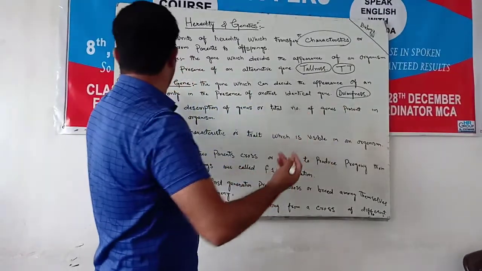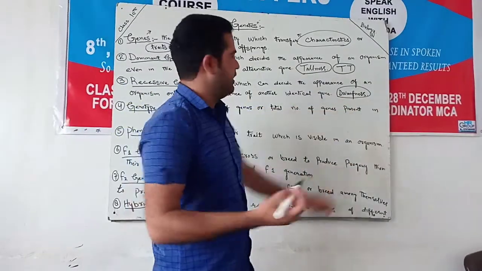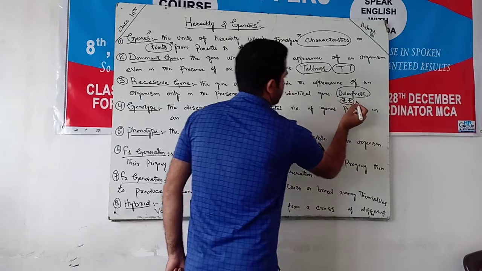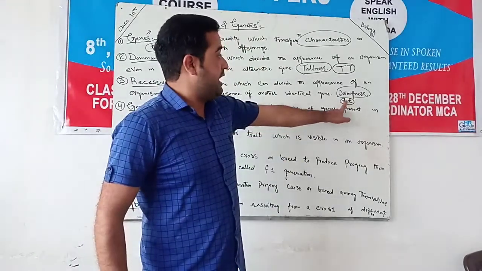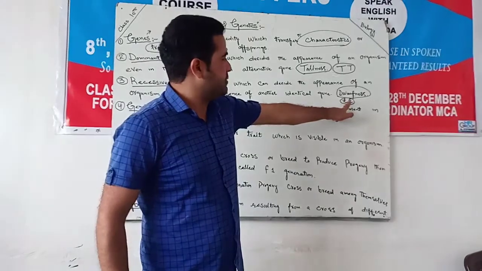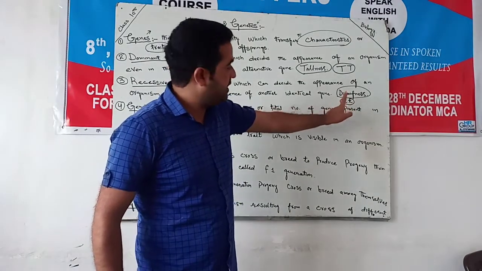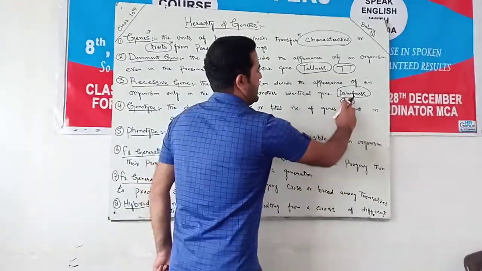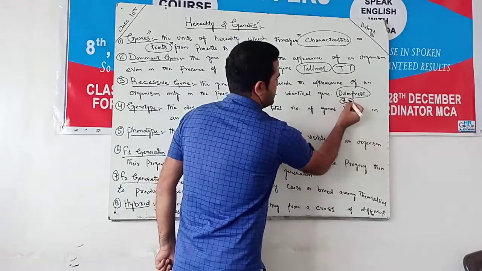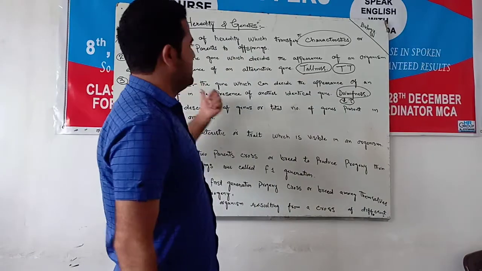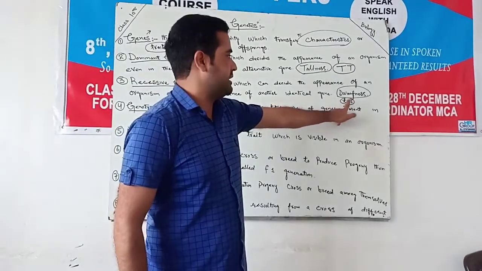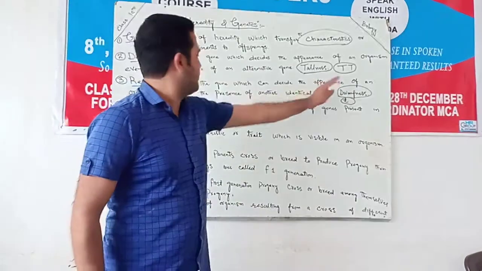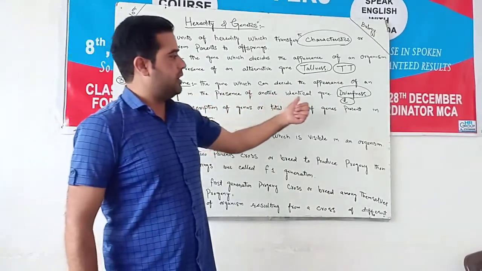For example, the recessive gene for dwarfness we denote in small letters, that is small t and small t. If its identical copy is present, that is small t and small t, then only can this recessive gene show its appearance. If its alternative copy is present, that is capital T, then this recessive gene will not show its appearance. So the recessive gene is the gene which can decide the appearance of an organism only in the presence of another identical gene.